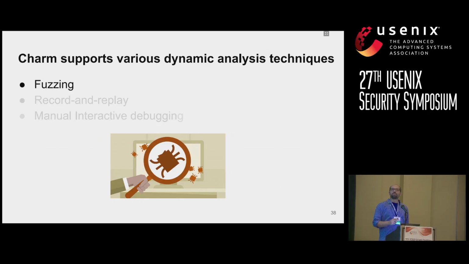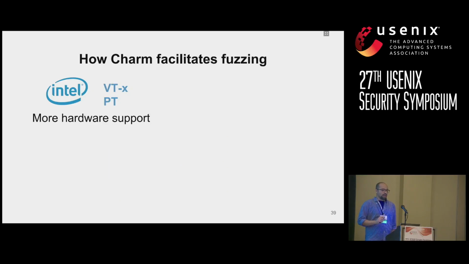Having these drivers in our system, we can run several dynamic analysis tools and techniques. The first one is fuzzing. Fuzzing, as you may know, is testing a program by feeding random inputs to it to see whether the program crashes or anything happens to it or not. Our system facilitates fuzzing in several ways. For example,